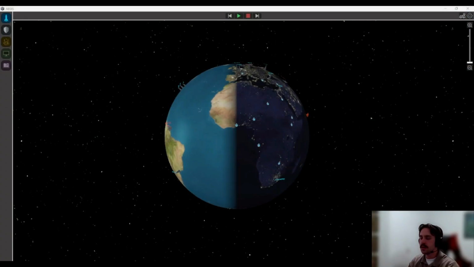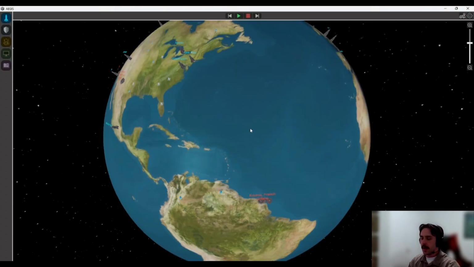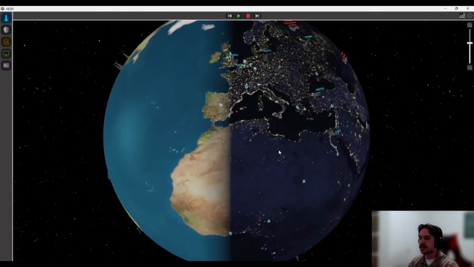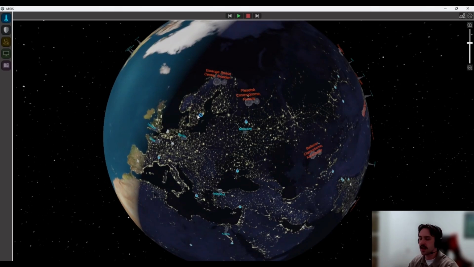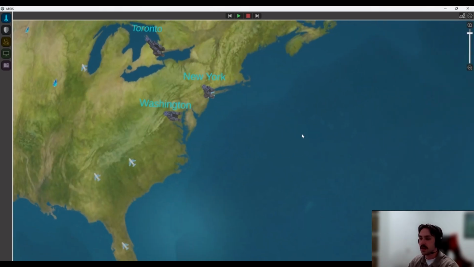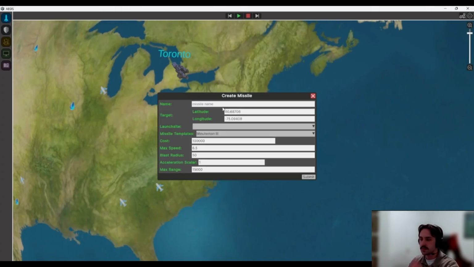All right, welcome to the AEGIS application. So here you can see we have a nice rendering of the globe. Let's go ahead and pretend I'm a Department of Defense employee, and my manager has asked me to simulate an assault from this launch site in Russia attacking New York City. So AEGIS allows us to simulate that. I can go ahead and right click on this area here and create a missile.